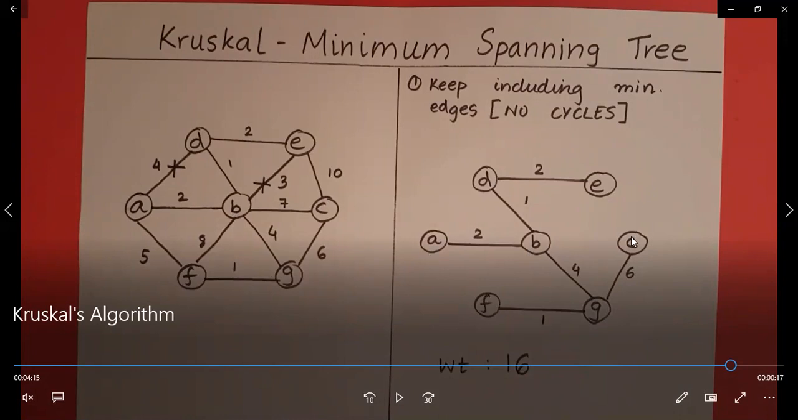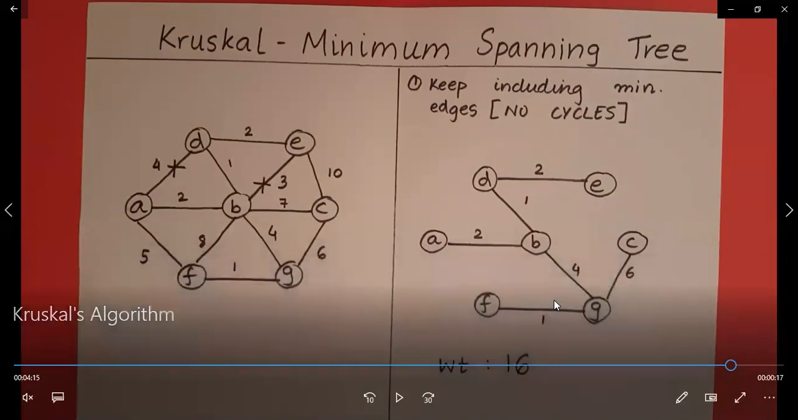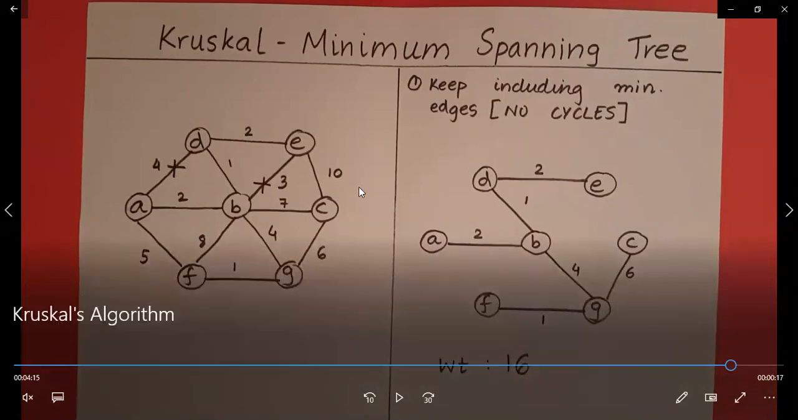Yes, all are considered. But what is the number of edges? 1 2 3 4 5 6. Always the number of edges will be 1 less than the number of vertices. So with this, you have got a minimum cost spanning tree whose weight is 16. The same approach you can do for Prim's algorithm also. Okay, but here we have implemented the Kruskal algorithm, where you keep on including edges. There we have chosen an arbitrary vertex, but here